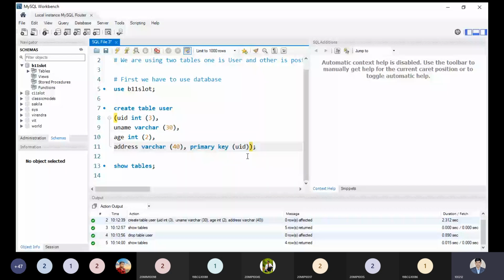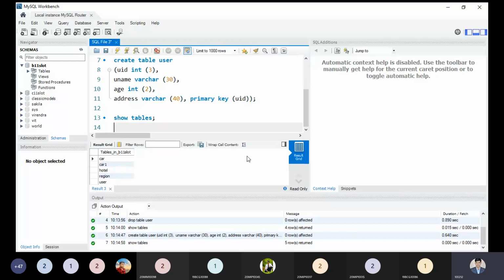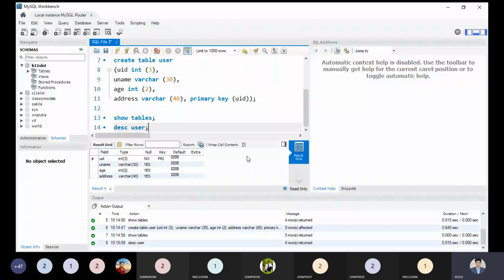After creating the user table, I dropped this table, then recreated the table once again using the primary key. Let me check once again, is it available? Yes, it is available in the database. And now describe the structure of our user table. Let us understand this syntax. After this, you will be able to see the structure of our user table. Now null will not be acceptable, and we have the primary key on the user ID. So now we have collected our information.